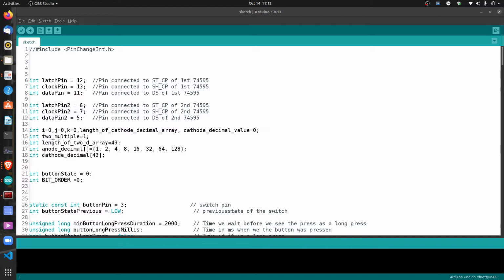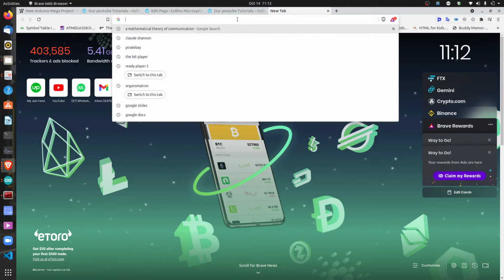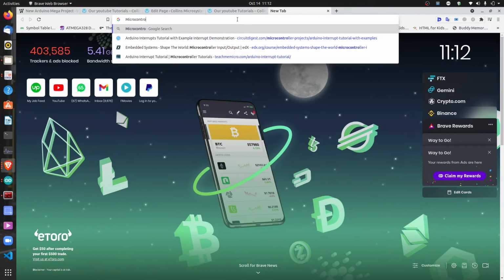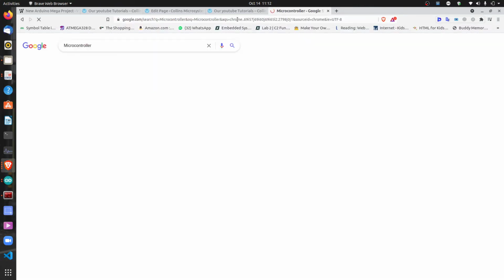What's really an Arduino? Most people know Arduino as a microcontroller, and then what really is a microcontroller? That's what we're going to look at today. So if you Google microcontroller,